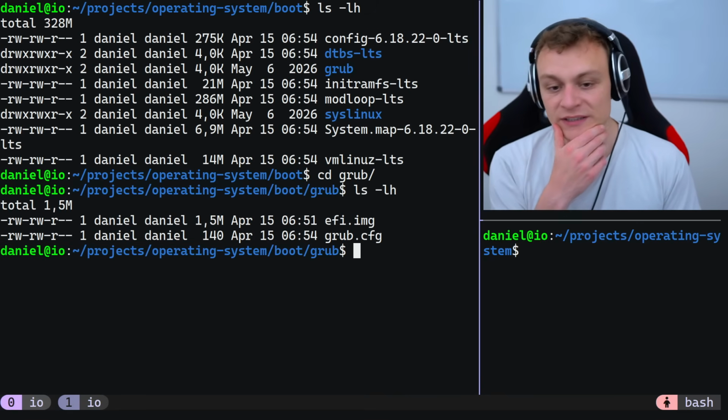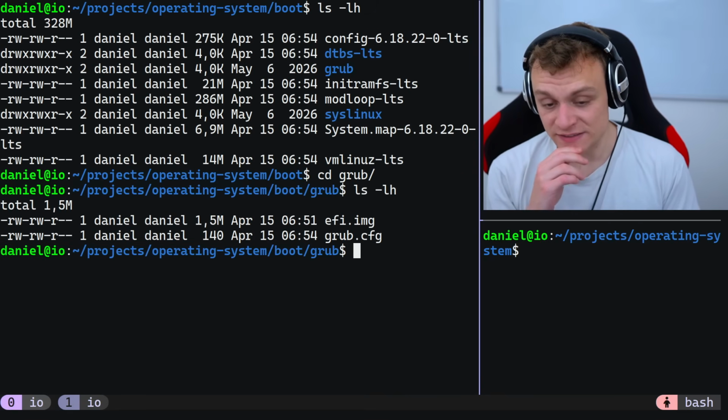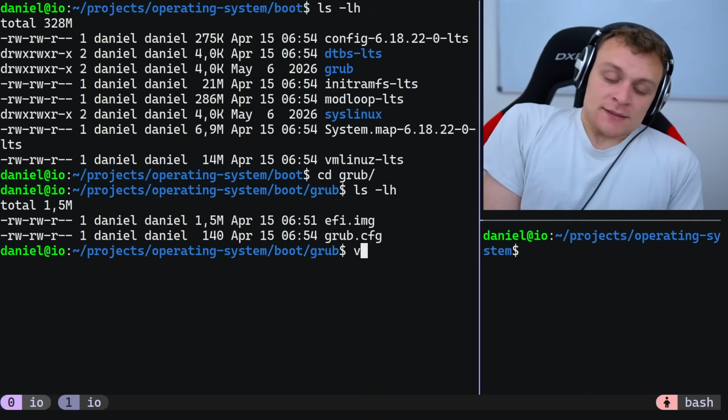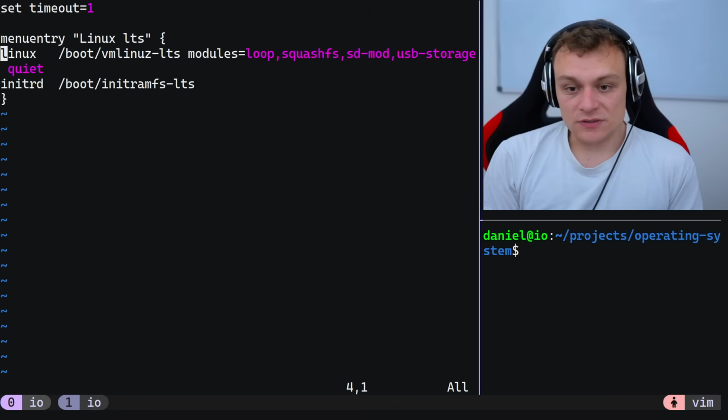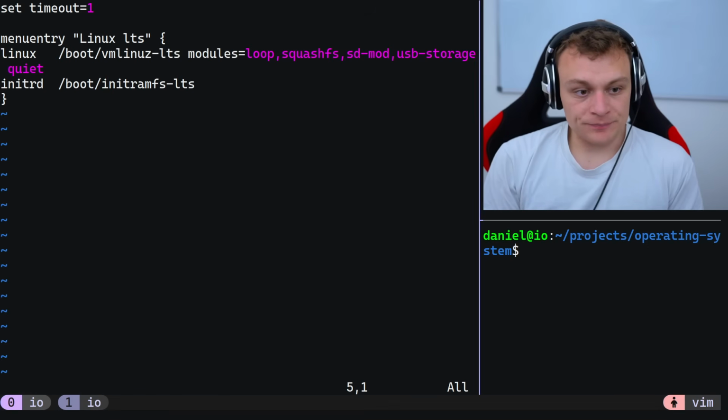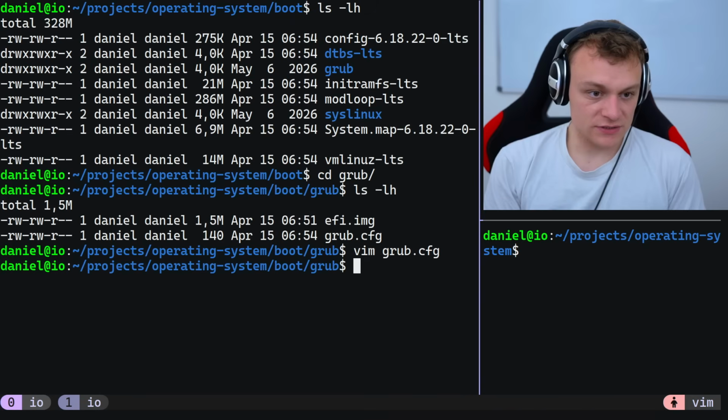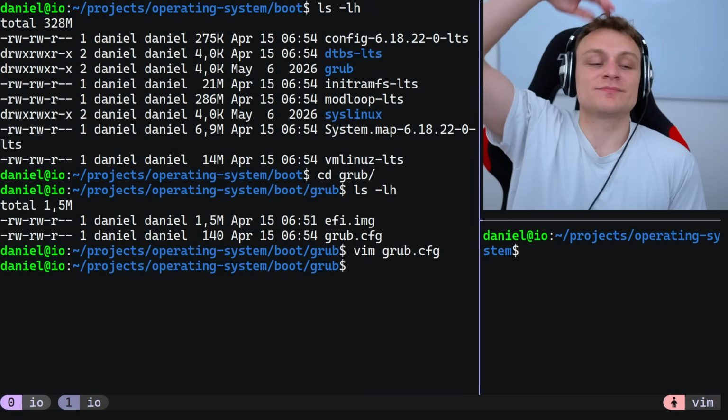And GRUB loads the Alpine operating system. Vim GRUB configuration, and it loads all of these things here, which are kernel modules. Okay, and then I want to